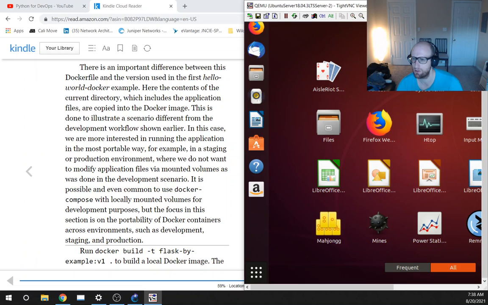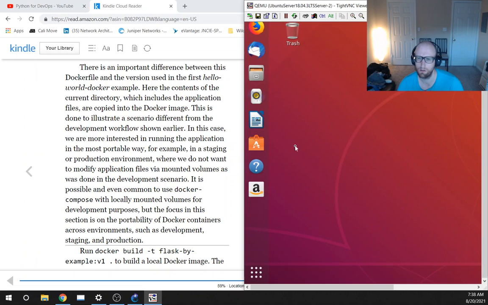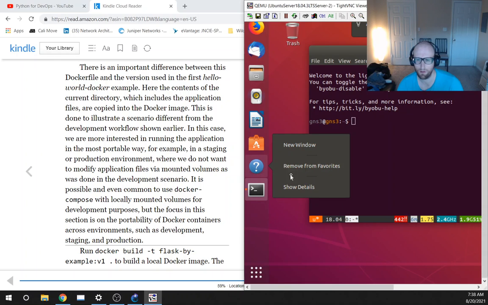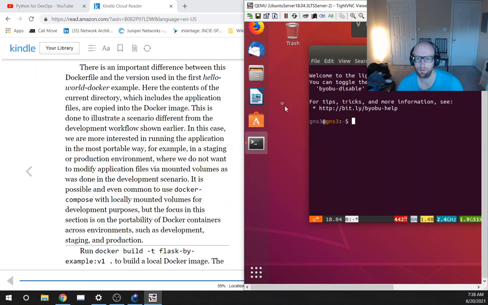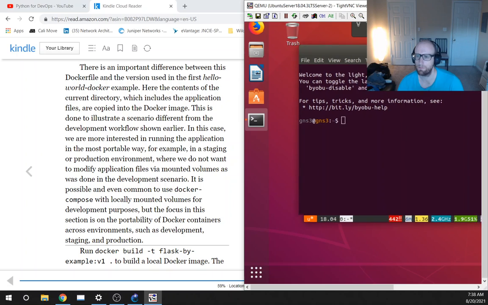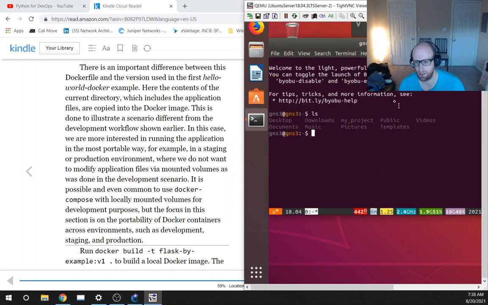So we need a terminal here. Here we go. Oh, I don't even have it customized. Because I don't have that customization there, I doubt I have these files. Nope, I don't have them at all. Let's do a search for them. So we're going to do a find. We're going to find from here